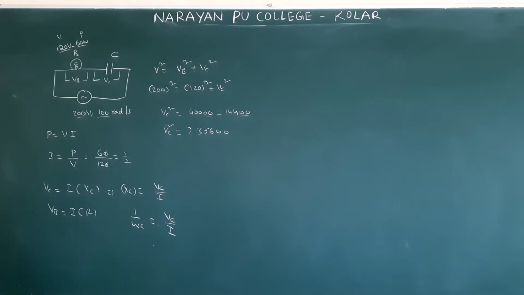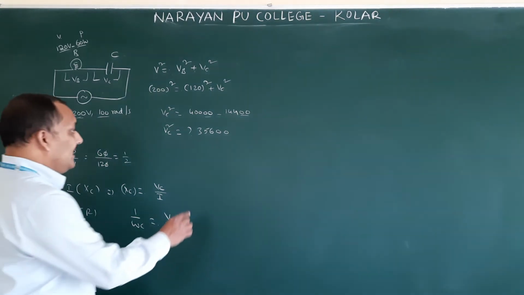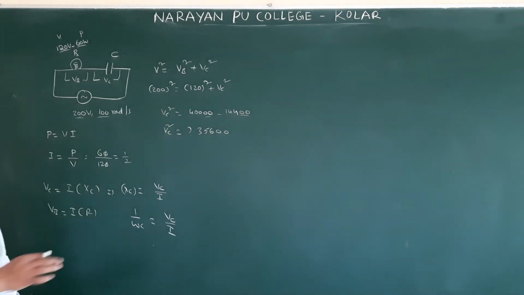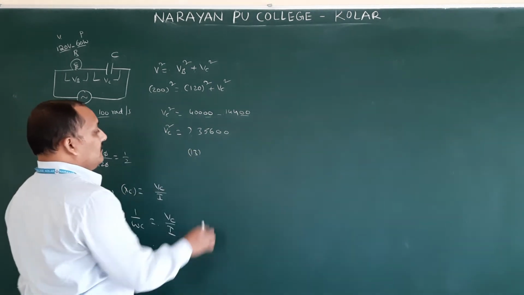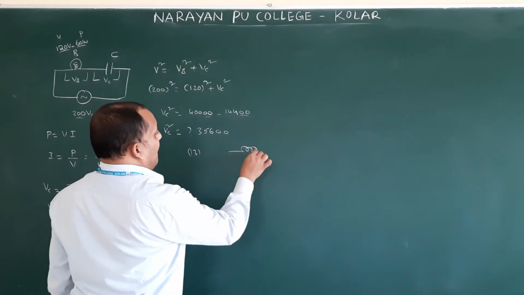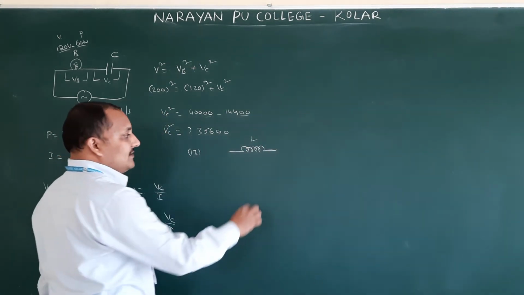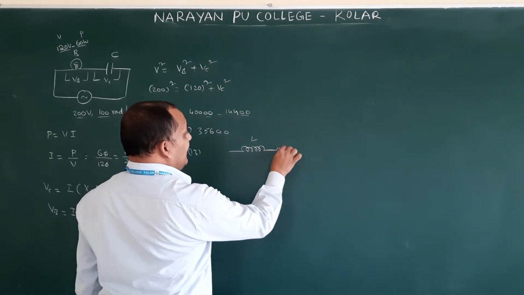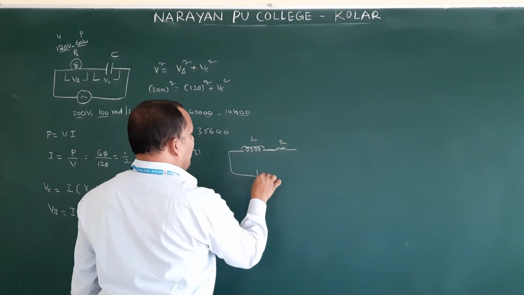When 110 volts DC, direct current, is supplied across a solenoid, a current of 1.1 ampere flows in it. When 110 volts, 100 radian per second AC is applied, the current drops to 0.55 amperes. Find the impedance and reactance of the coil. So they gave one solenoid, for the solenoid, this is question number 13. For this solenoid they connected DC. Whenever it is connected to DC, it will have some resistance.